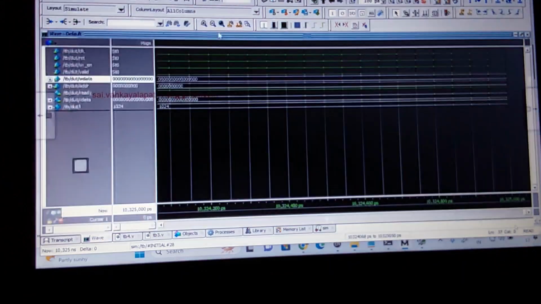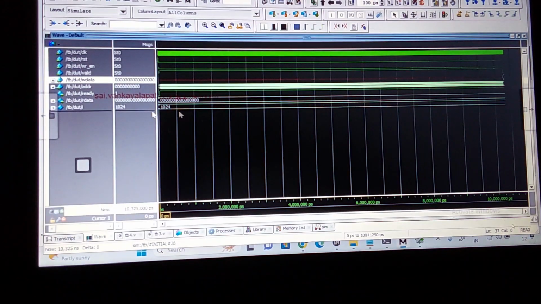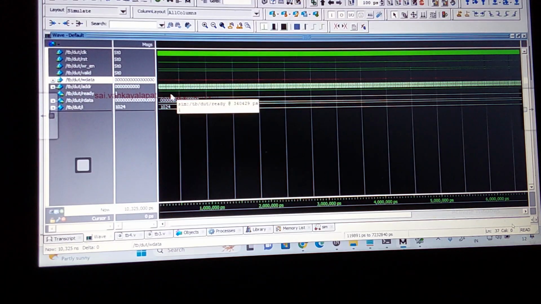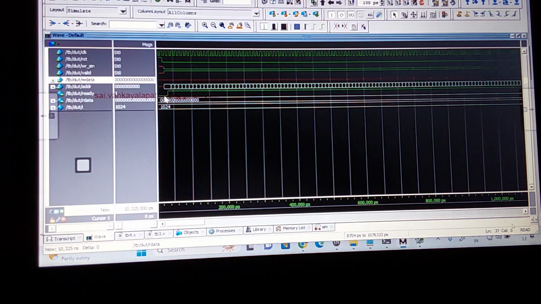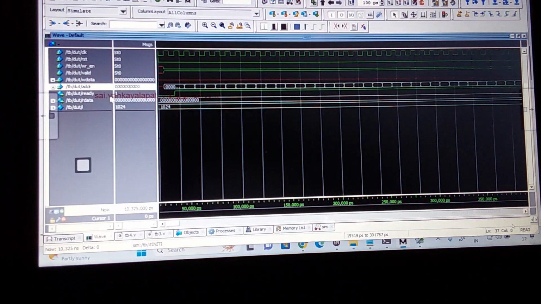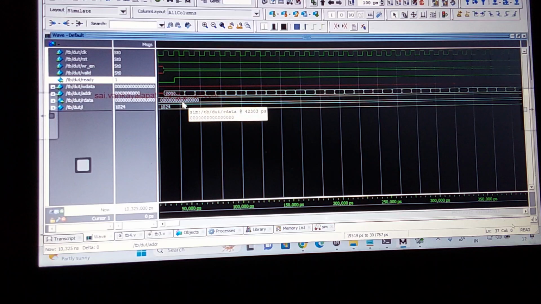Now backdoor read, then backdoor write. So where is the backdoor write? This is a write. Backdoor read. Now let us take the backdoor read operation. This is a read operation. Backdoor is not happening again. This is my address, this is my ready signal. Let us keep the ready signal here. But the backdoor read is not happening here.